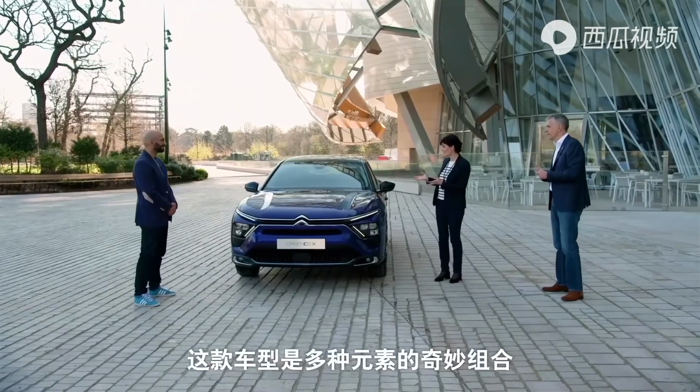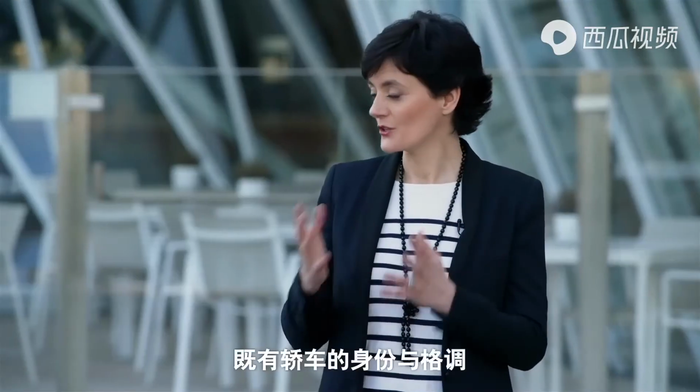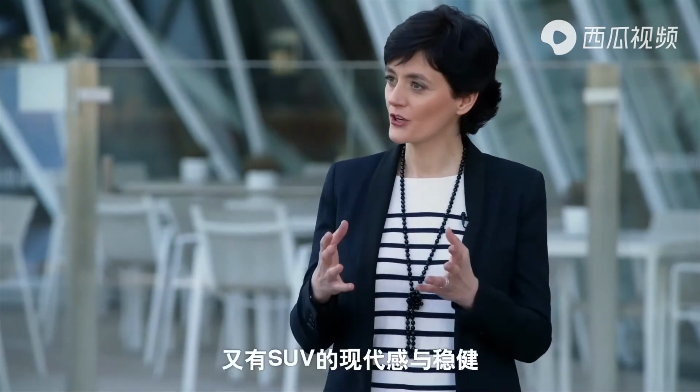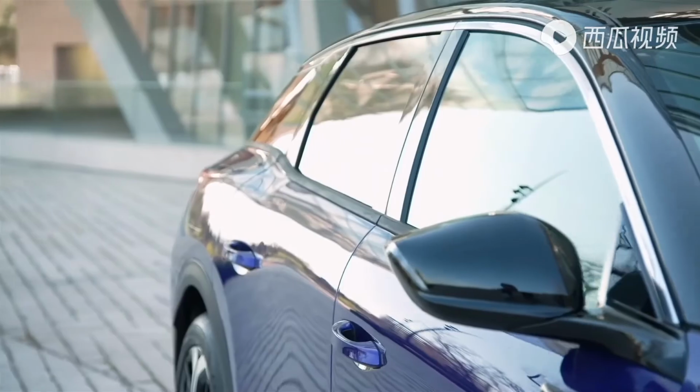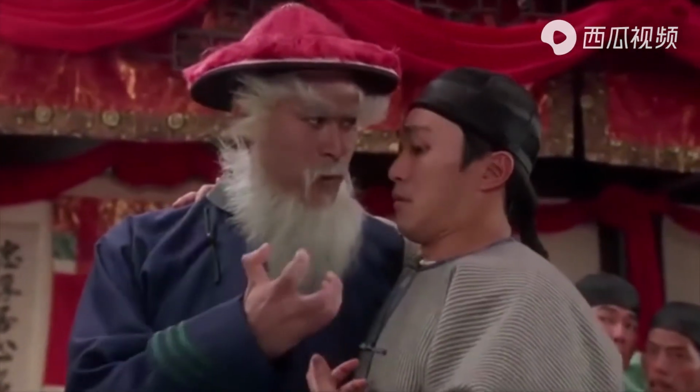The car is a magic combination of assets of 3 different worlds. The sedan, usually associated with status and elegance, robustness, modernity from the SUVs, and practicality and versatility from the station wagons. 我全都要。